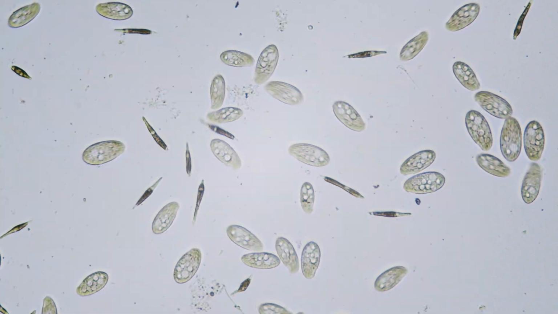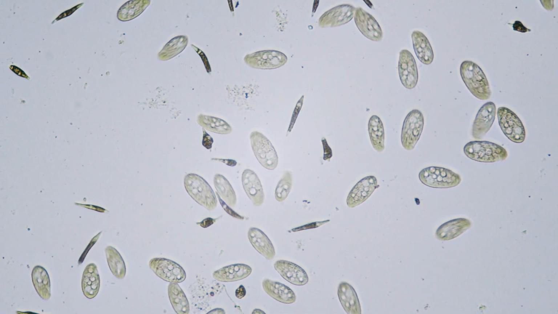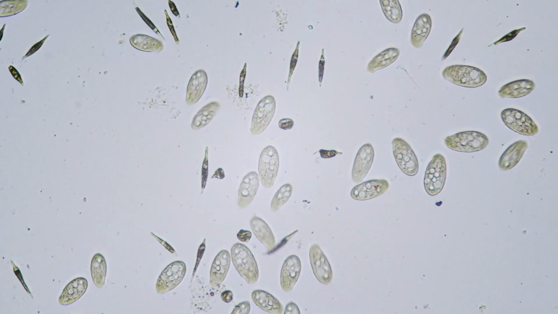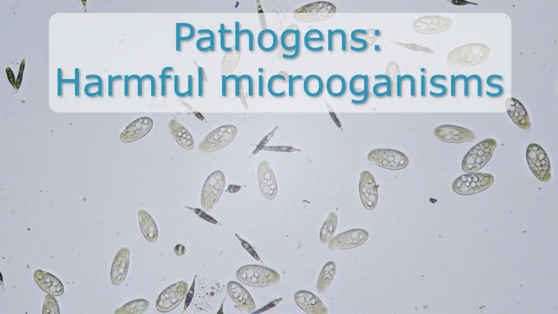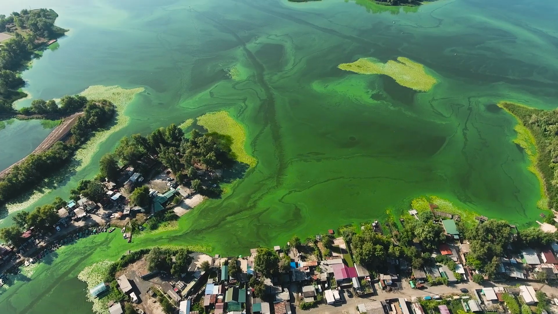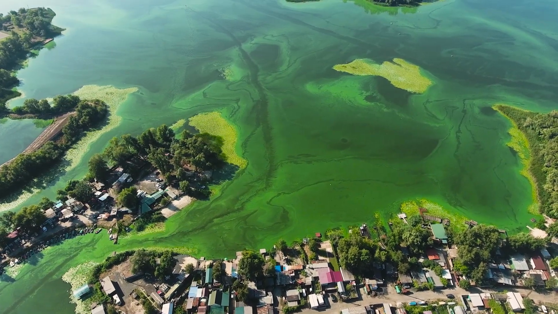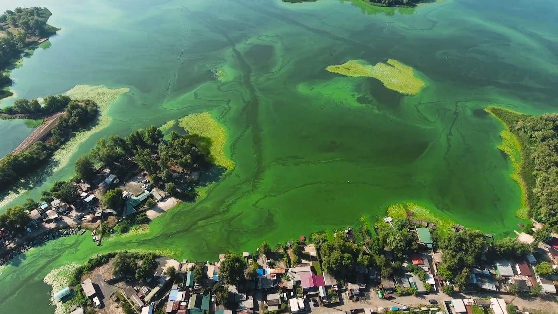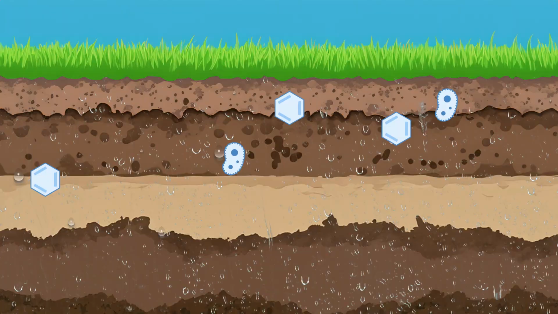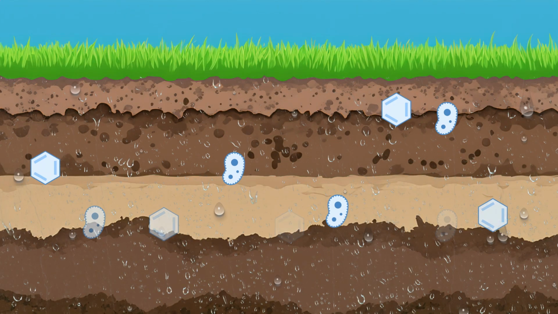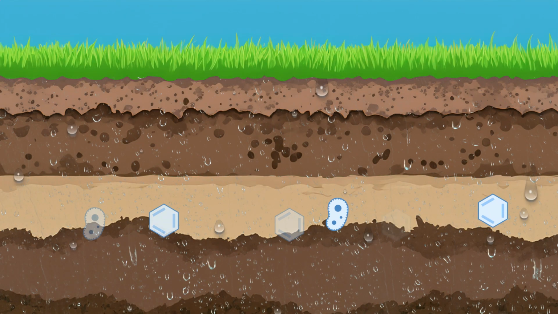Wastewater can carry germs that can be harmful to humans and wildlife, including viruses, bacteria, and other microorganisms. These are called pathogens. It also contains nutrients like nitrogen and phosphorus that can have a negative effect on ecosystems. As wastewater trickles down through soil, it can remove or neutralize these things.